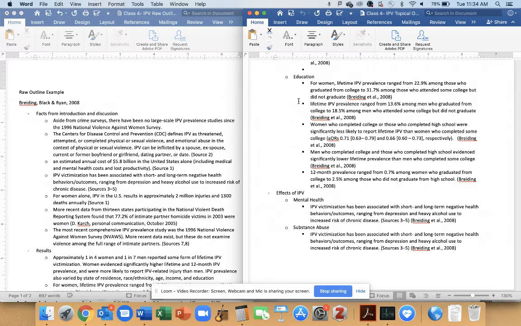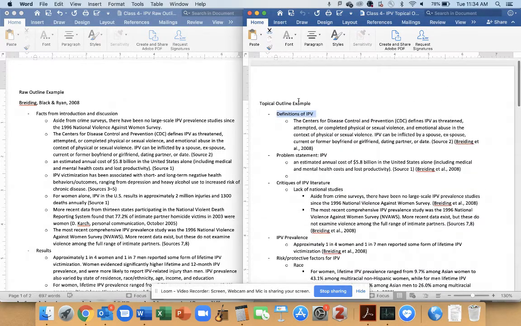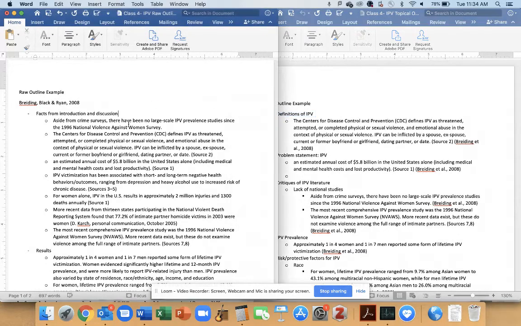And the goal is your topical outline, which you are going to be turning in a couple of weeks, is to build these fact outlines on at least a couple of different articles and then turn them all into a big topical outline, which is going to form the basis of your literature review. And we're starting with a